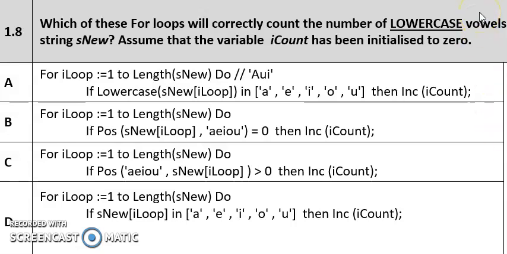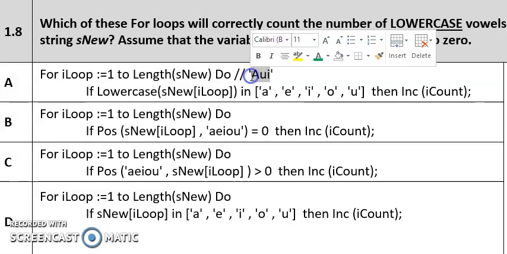Okay, we're back with 1.8 there. We're looking at the number of lowercase vowels in the string, so we only want to count lowercase vowels. And we said this first one is going to be problematic because if we have a string like AOU there,